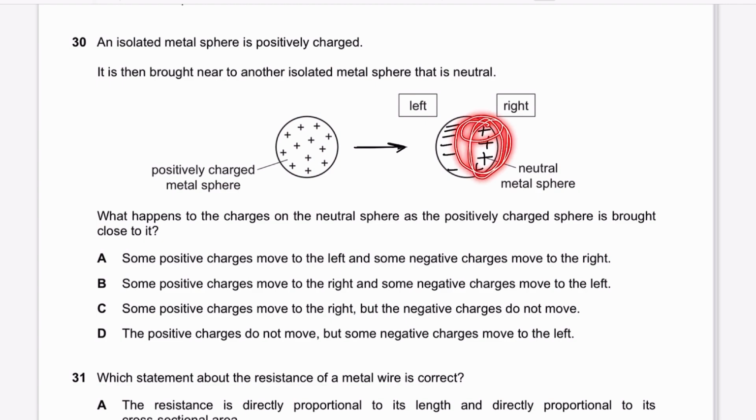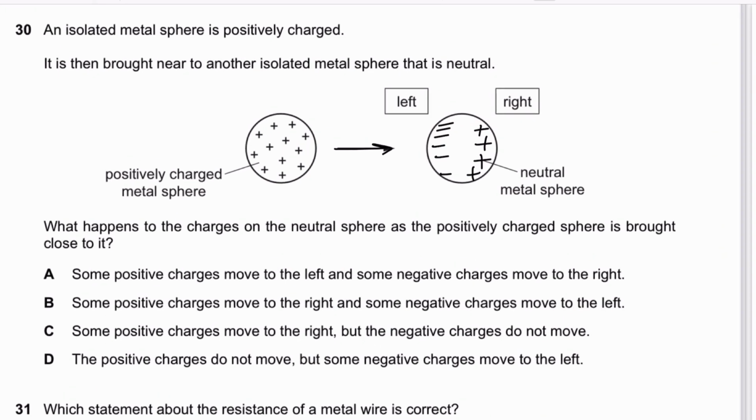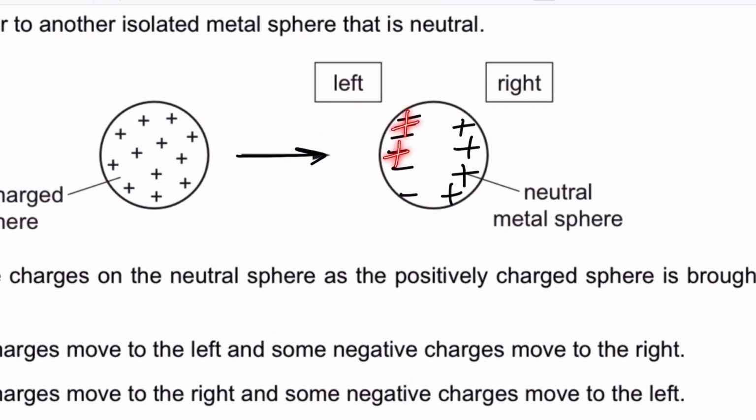the density of positives will increase. Yes, the positive charges density will be higher, but the density will be higher because the negative charges move towards the left. On the left side, you still have positive charges. You have positive charges everywhere. Positive charges do not move. But the negative charges from this side all moved towards the left. So yes, we do have a higher density of positive charges on the right side because the negative charges move